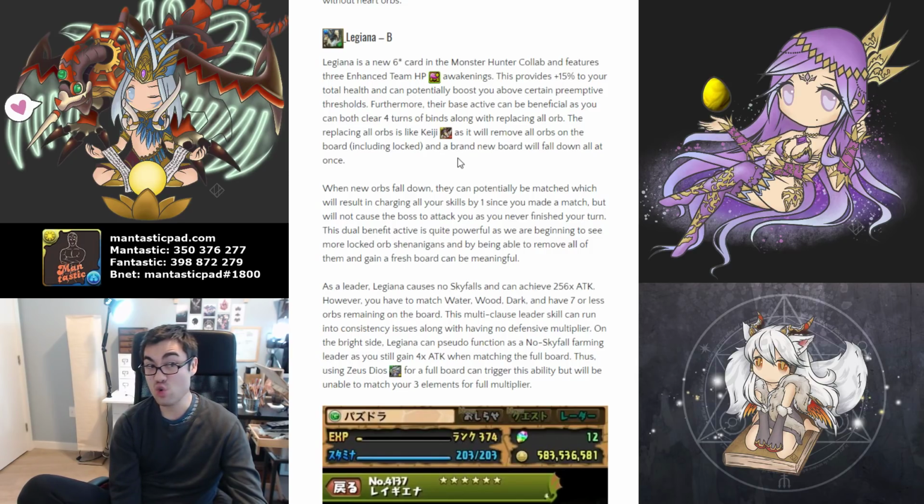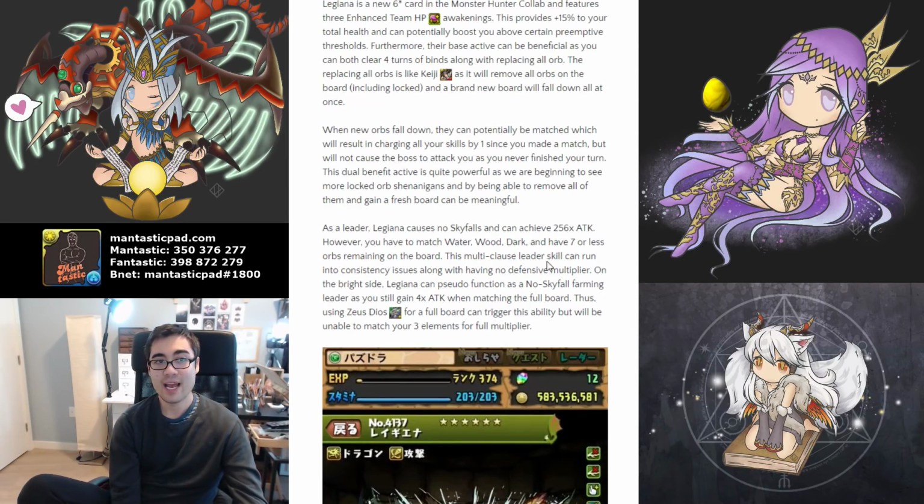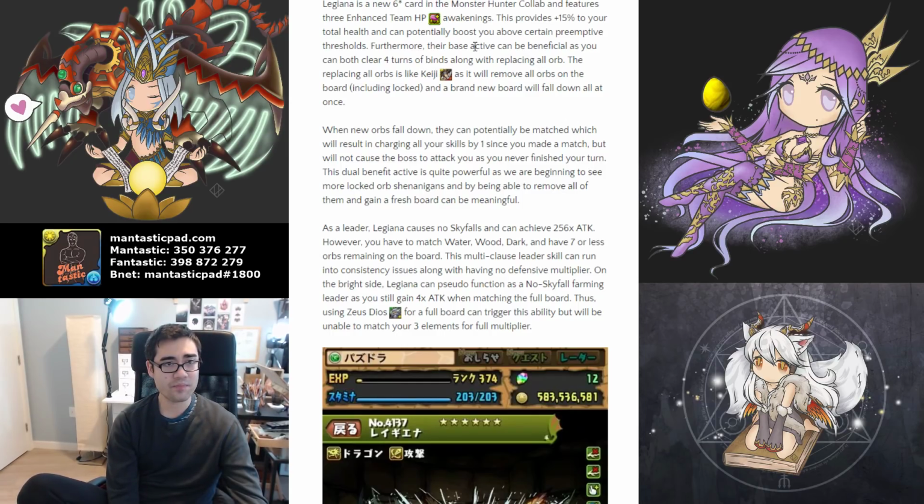Legiana is a new 6-star card in the Monster Hunter Collab, and they have 3 enhanced team health awakenings, and that will provide you with 15% more health for your team when you use them as a sub. So I think that's pretty great. We've seen how Dark Ideal provides large stat boosts for your team, but again, this is a sub with a semi-questionable... No, it has a good active skill, so it is worth running them as a sub potentially,